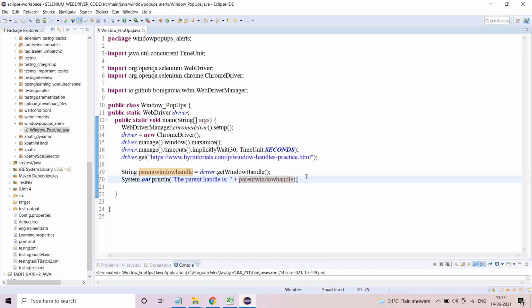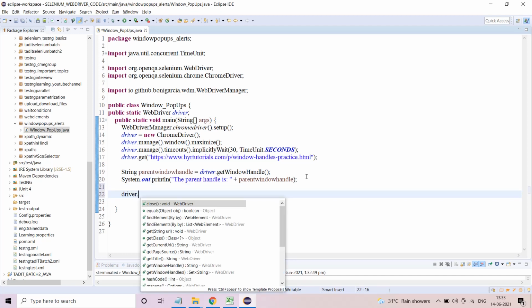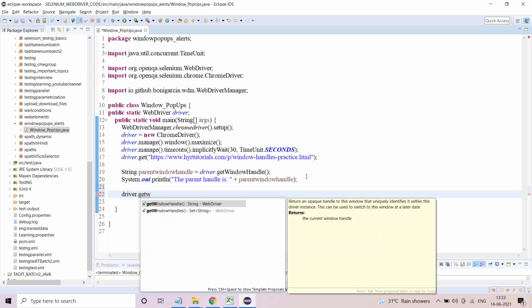Now the next part. I told you that there is another method which is get window handles. Let me show you driver dot get window handles. If you hover your mouse over here, what does it say? Returns a set of window handles which can be used to iterate over all open windows.